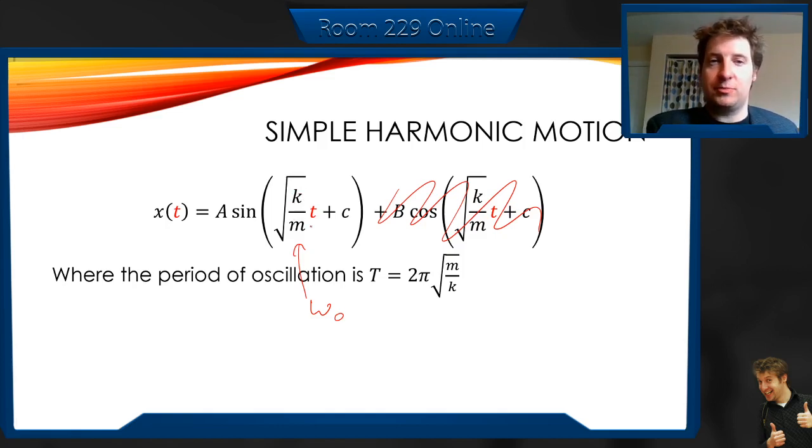The stiffer the spring, the harder the spring is to move, the faster the thing will vibrate. The more mass there is, the slower it'll vibrate. And it's a square root of that. If you want to see why this is the case, this has to do with,